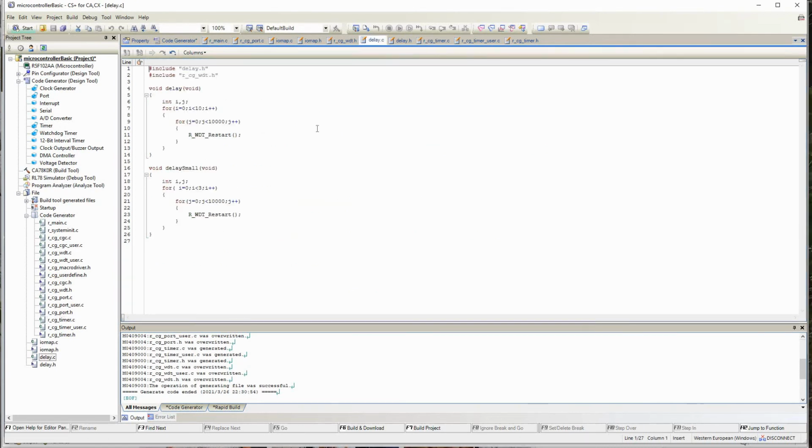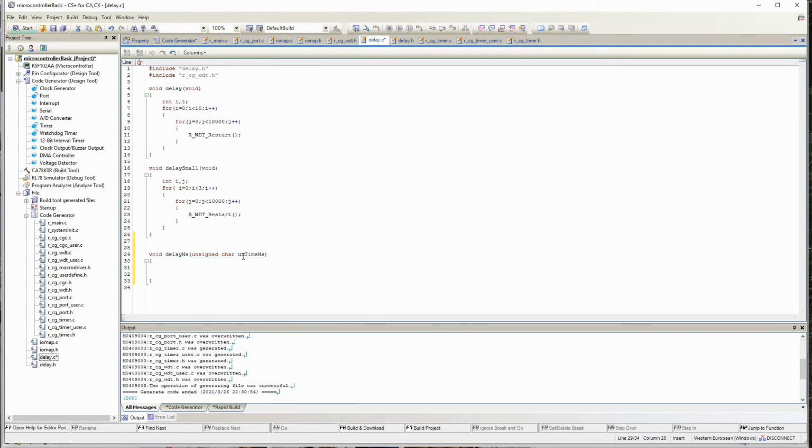So if you go here, delay, let's write that function, void delay millisecond, with unsigned character UC time in millisecond. This is a function, so let me prototype this.